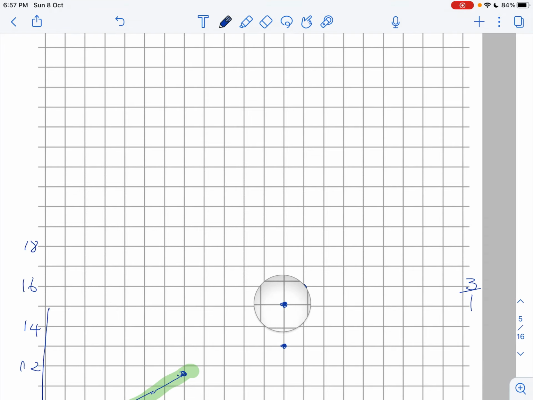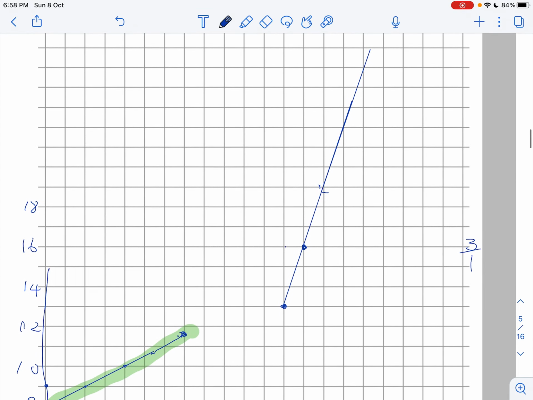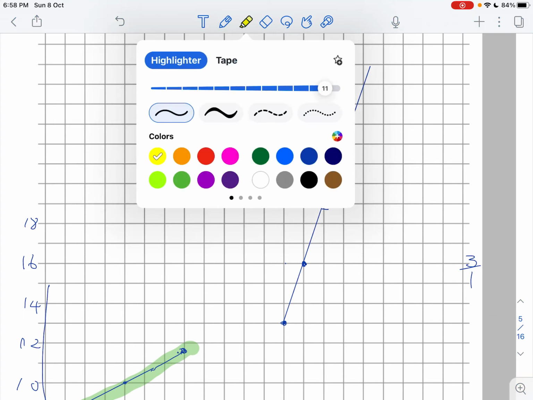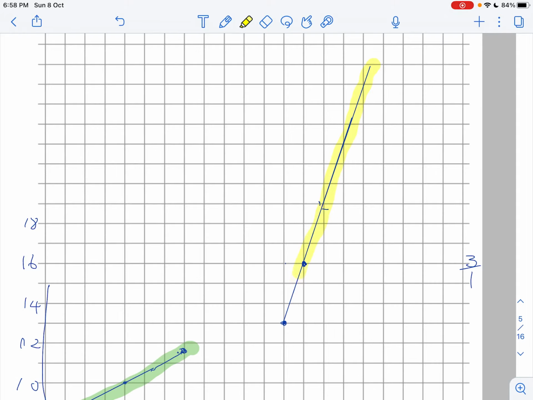And we just ruler a line. Okay, so that's for that one there. And that was our yellow graph, so we'll just highlight that in yellow. Now, my suggestion is do highlight, and then you know which ones you're working with. And our third one